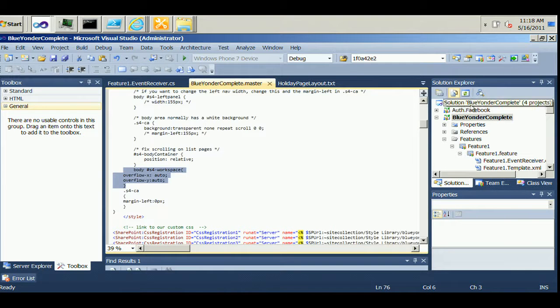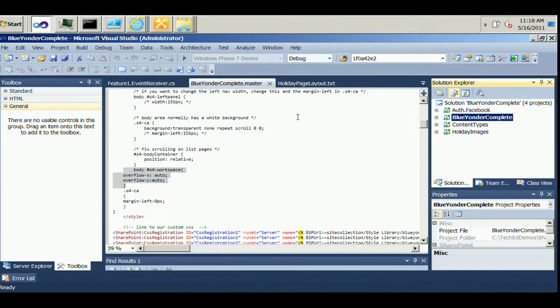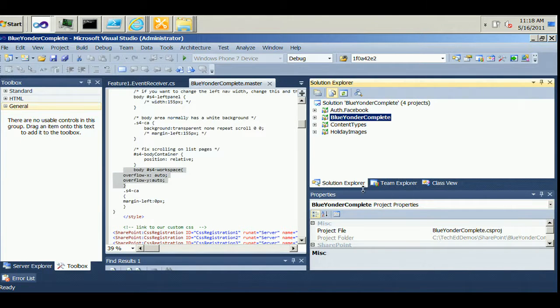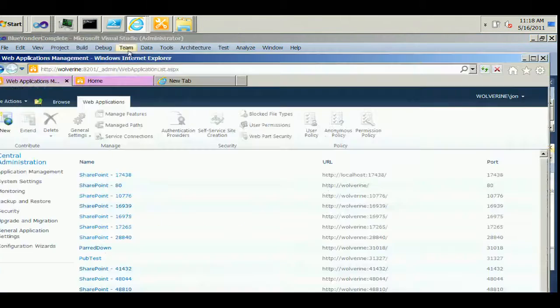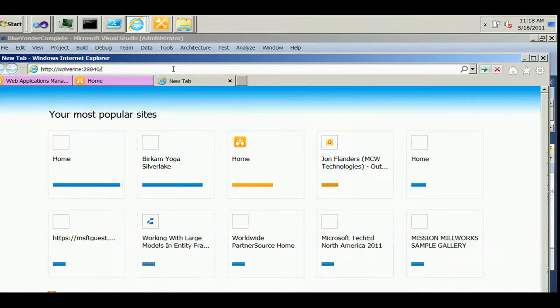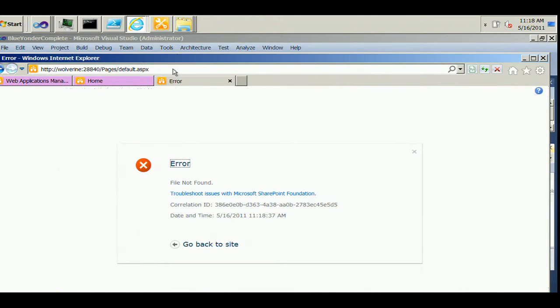Let's see. I do have it. If you look over here, I do have it exactly as I described, which is right before I came down to the speaker room, I deployed all this stuff to this site. It's a different port than the one we were just looking at. But, just to show you that,